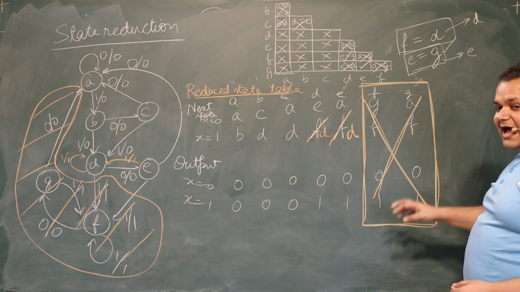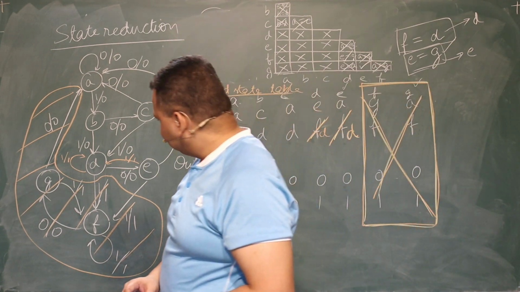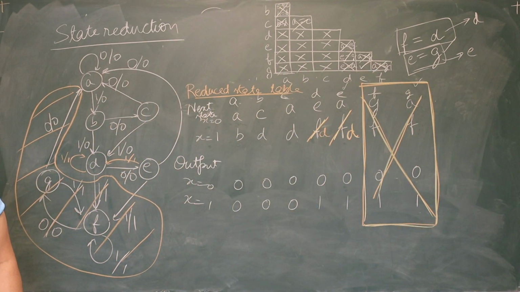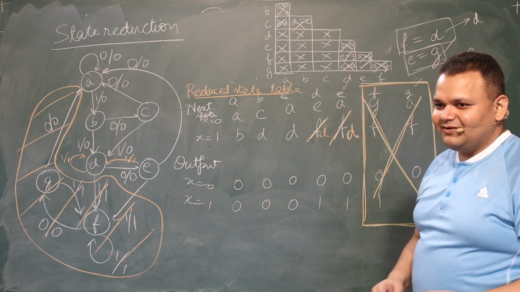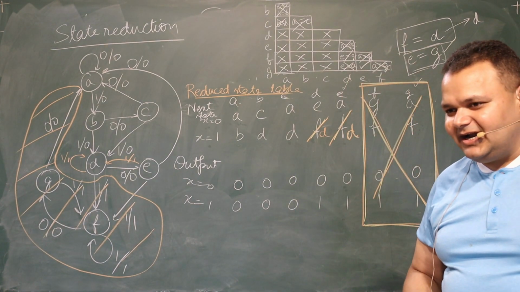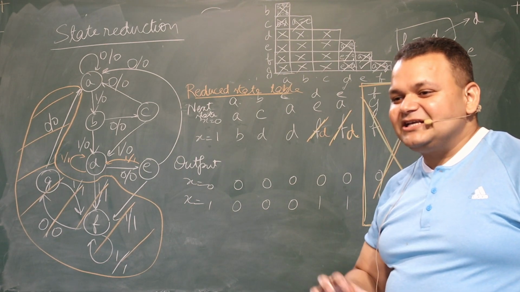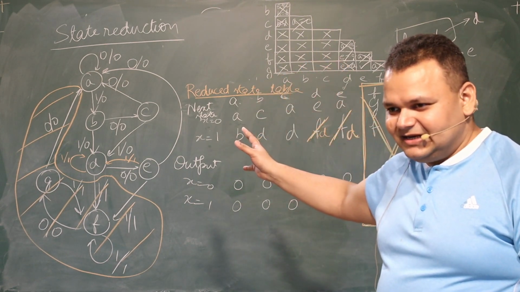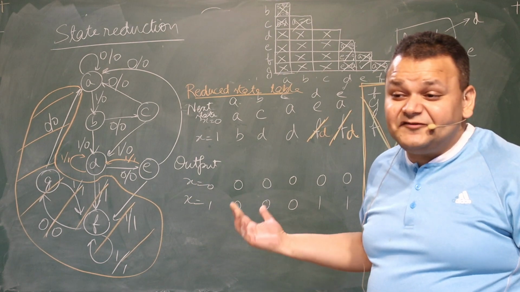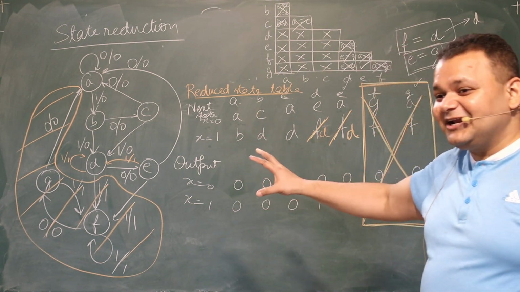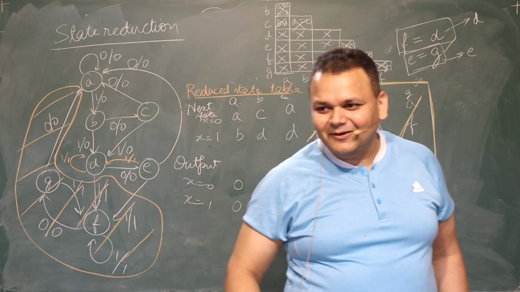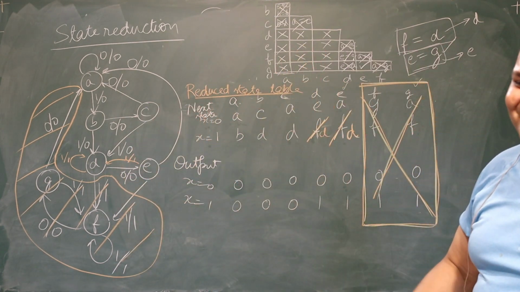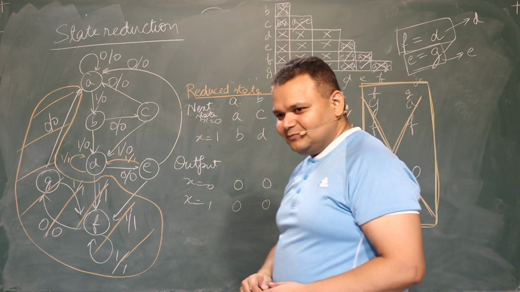So this reduced state table that we made gives us the least number of states that is possible, if we do this correctly. Based on this particular implementation of your machine, there is a possibility that you may implement it in a different manner. In this particular implementation, this is how it is going to turn out. There are infinite ways of making any machine.